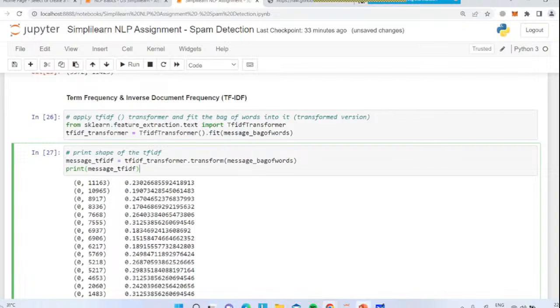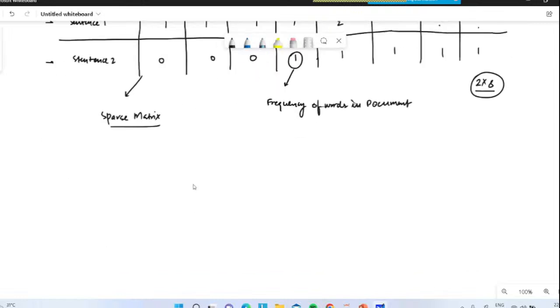So there are two formulas working here. For TF, term frequency, you can call it TF. This will be given by TF of term and document. This is calculated by count of